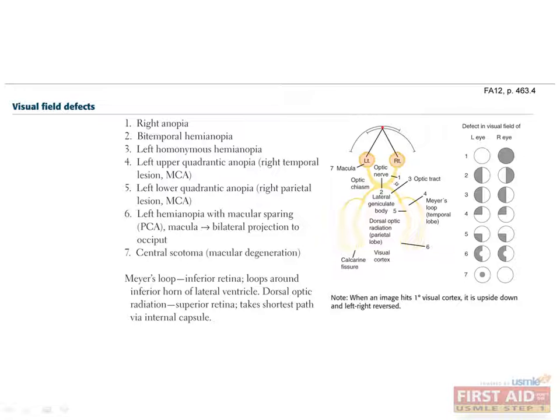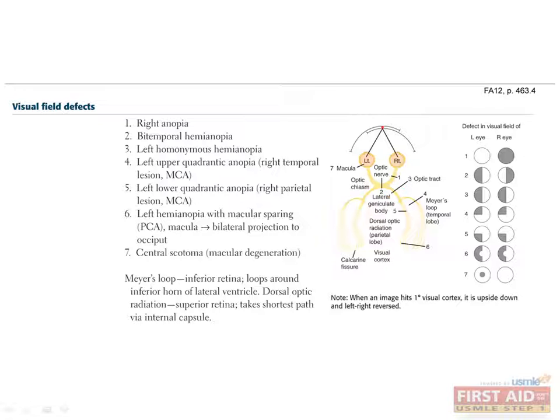Now, what would a lesion in the optic nerve produce? The optic nerve is before the optic chiasm, so this lesion would produce a complete anopia on the affected side. What would a lesion in the optic tract produce? Here you would get a homonymous hemianopia. There is a visual field defect on the temporal side of the contralateral eye and the nasal side of the